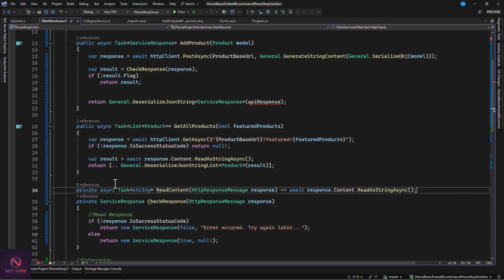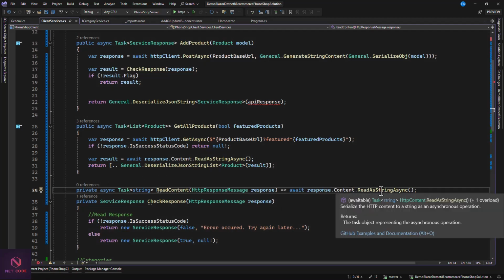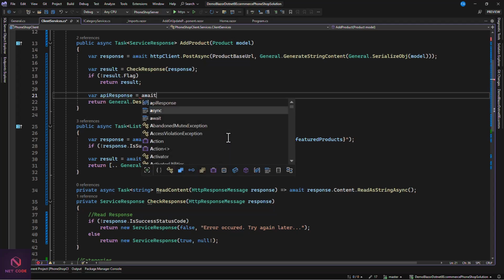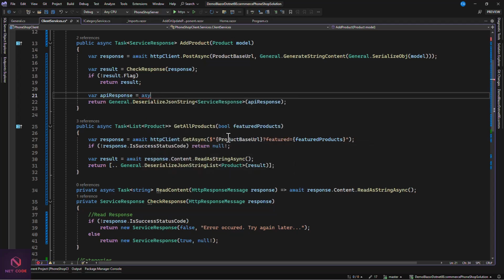Okay, so Control K D, we format it well. So this too, we are reading the response as a string. So we just have to copy this. Then we come here and I will say var content is equal to, or we can still make it an API response. So API response is equal to, here must be an await, paste in the name,